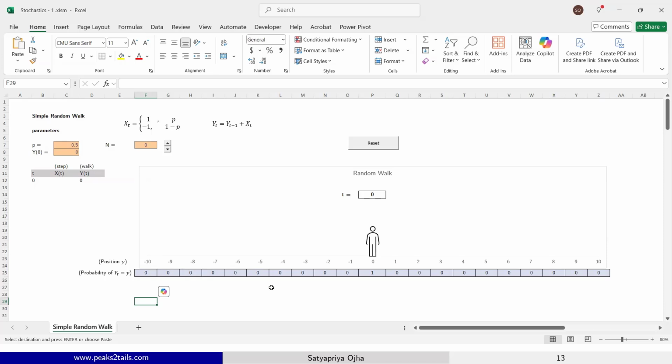These are the two extremes. It cannot be more than that. In 10 steps, these are the two extremes, correct? So all of these values would have some probabilities. Y taking these values will have their own probabilities, correct? And that is a function of time.